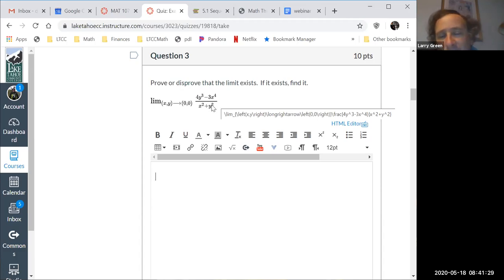If everything we tried in our head goes to the same place, is that a proof that the limit is 0? Is that a proof that the limit is 0 if everything we tried goes to 0? Yeah, no. Trying 3 things is not enough. Trying 100 things is not enough. There was only one way I showed you to prove the limit exists. And what was that?